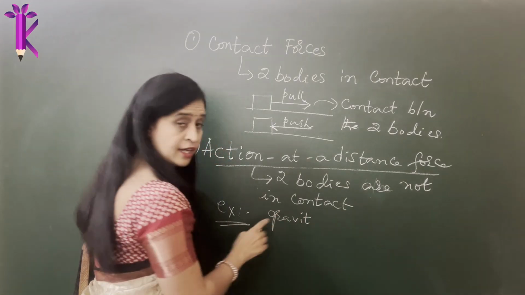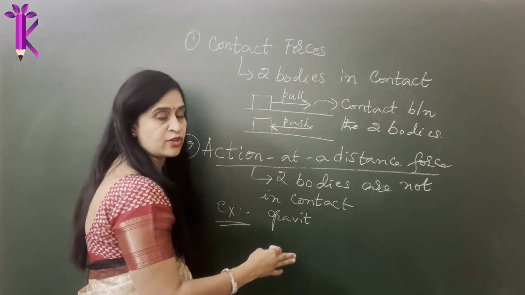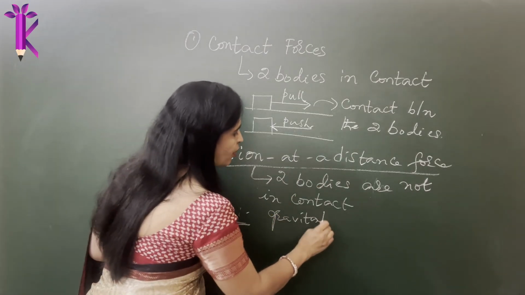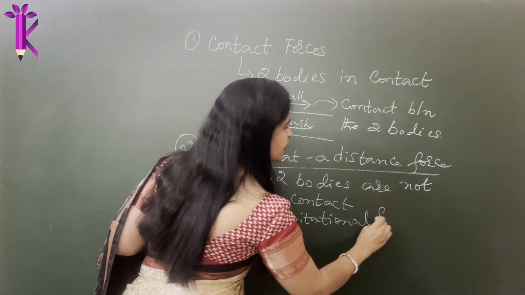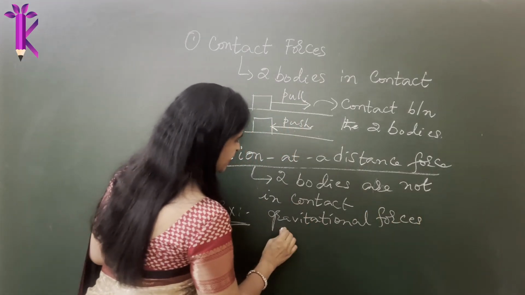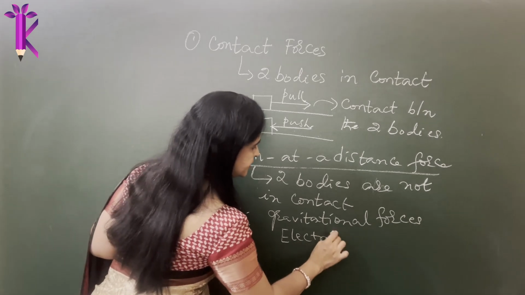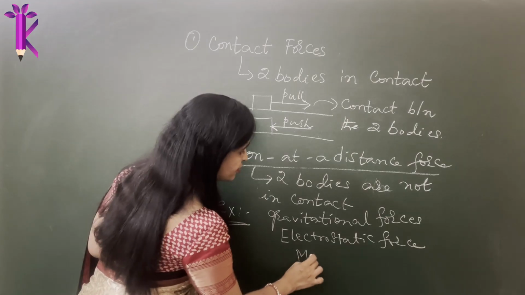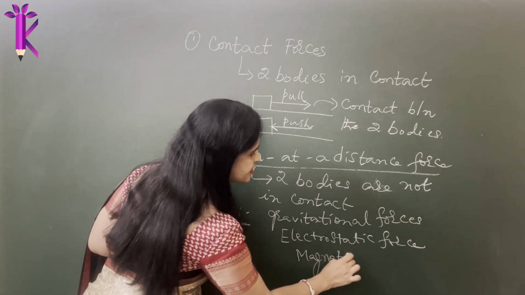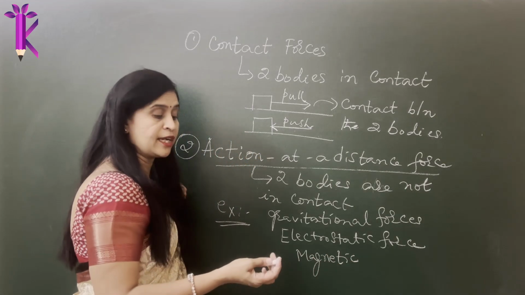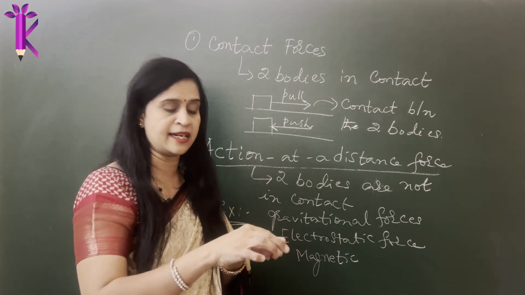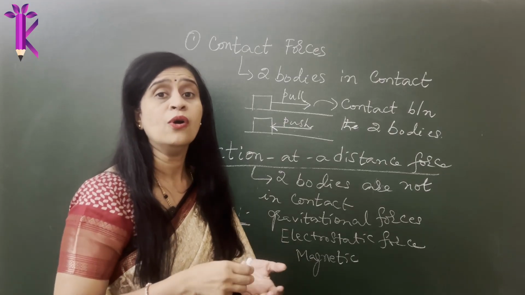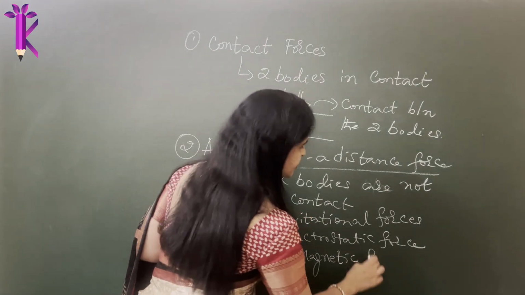There is another force which we will understand now, that is the electrostatic force, which can also act at a particular distance, not just by two bodies being in contact, because of the fundamental properties of charges. So this electrostatic force can also be an action at a distance force. Magnetic force is also not seen, and they don't have to be in contact. Even when you have a magnet in hand, there are iron filings at a certain distance, you see that they get pulled towards the magnet. So that force is also an action at a distance force.